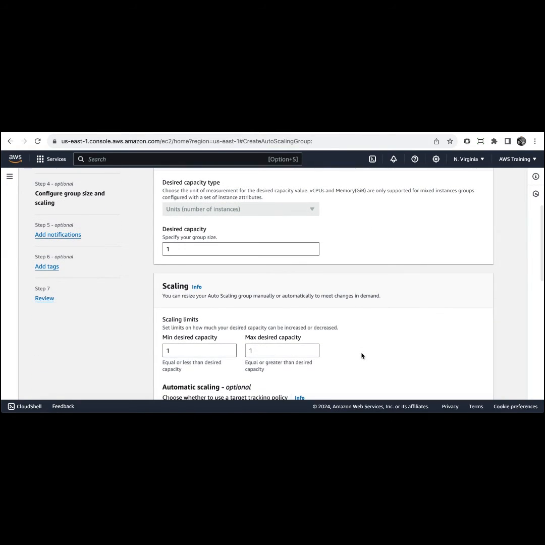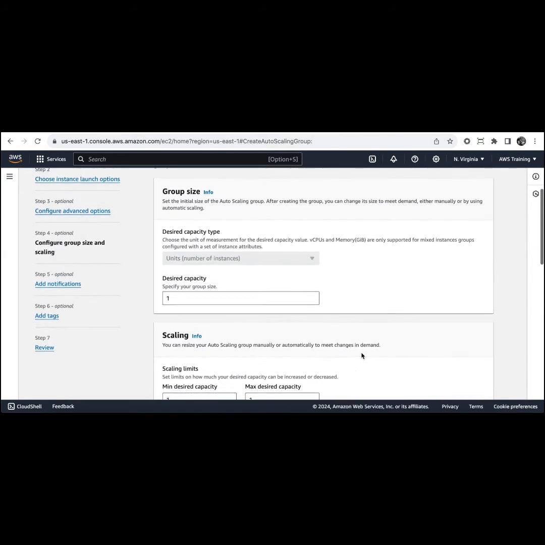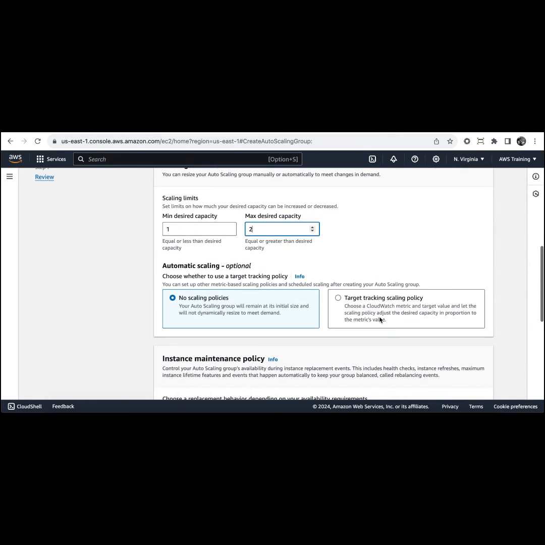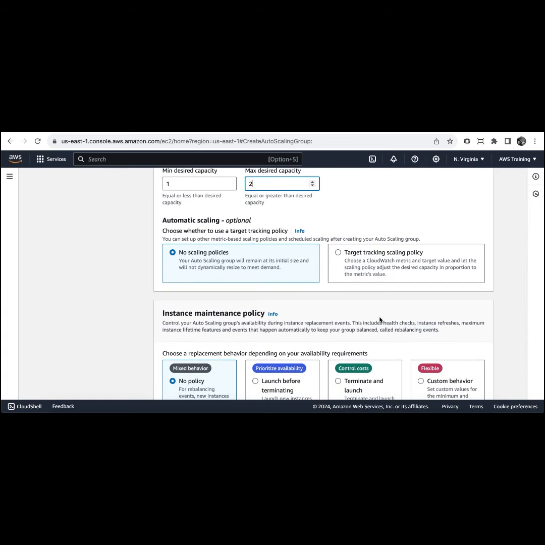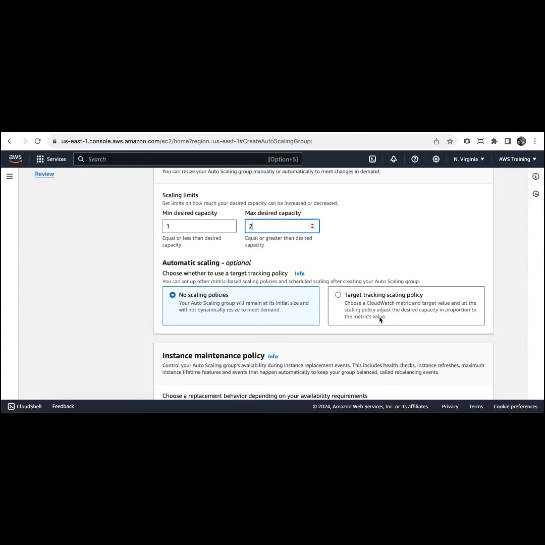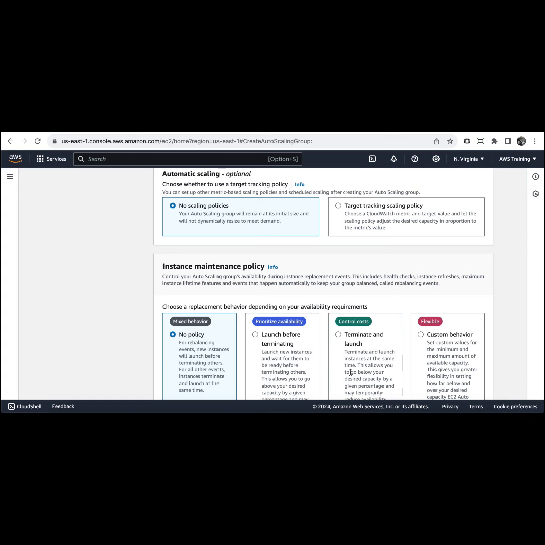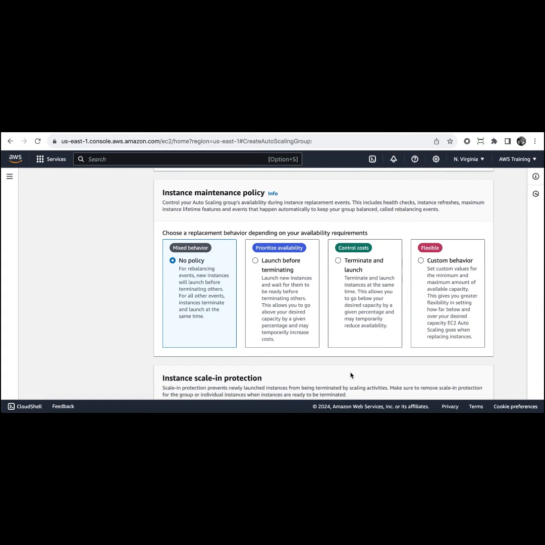Okay, desired capacity is 1 only. Let's say the group we need 1, and then the scaling part. So here you can define, let's say the maximum capacity is 2 and the minimum as 1, or you can add it to say, let's say maximum is 3 and then minimum is 2. Okay, so let's go to the maintenance policy, let's say no policy, or maybe